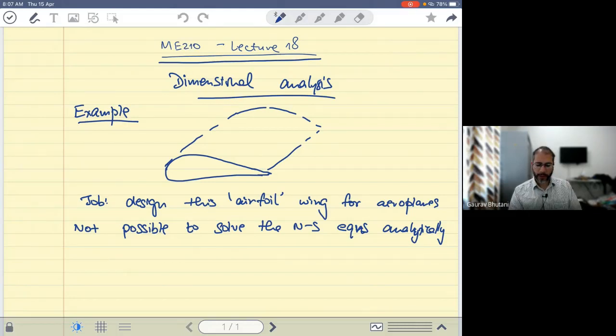So ultimately, if you want to design a wing for an aeroplane, and you want to be very sure that the calculations that you are making are going to work for an actual aeroplane, because it's very critical. An aeroplane is going to fly in the air and you can't afford to lose it. So you have to be very sure. So along with solving these equations computationally, which have some amount of assumptions in them, we want to do some sort of an experiment to be double sure about these things.